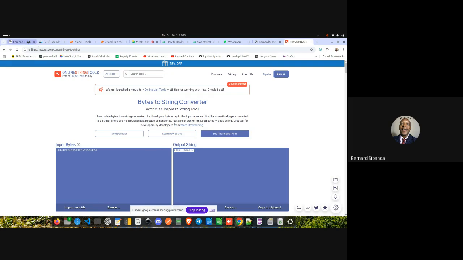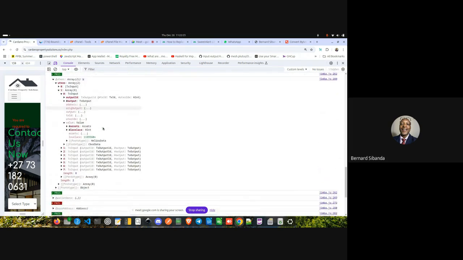If we go back to the assets, I'll open the assets the same way I did before.